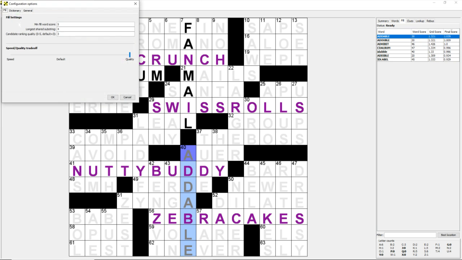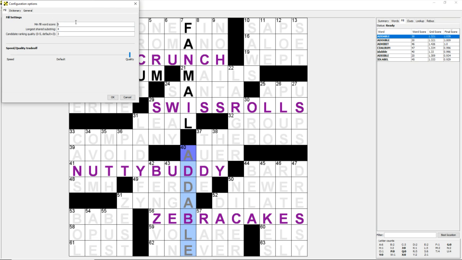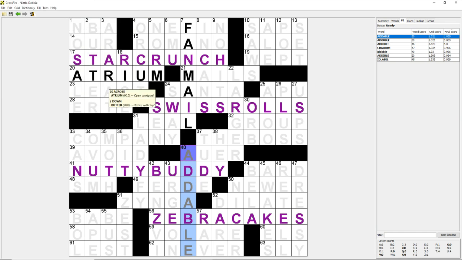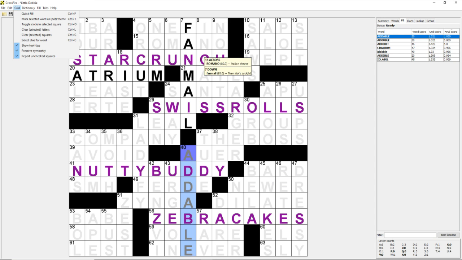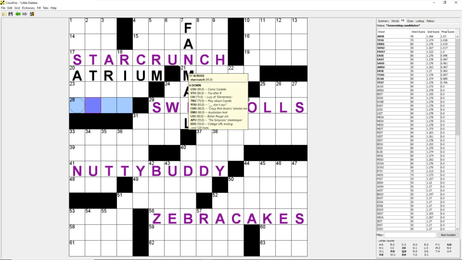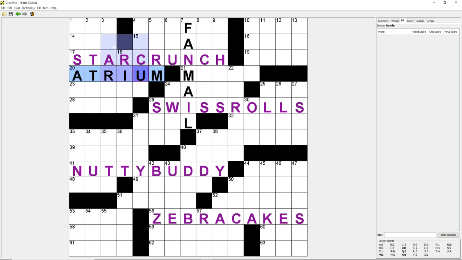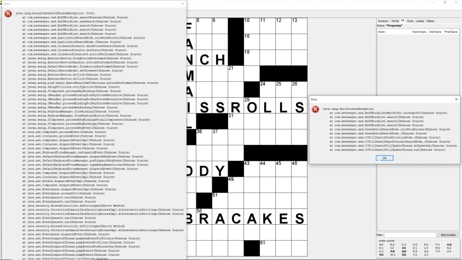Again, the config tab here is where you mess with your dictionary settings, your fill settings, and your minimum word score. You might want to set that higher depending on what you're doing, depending on what lists you're using. Then we talked about setting up Matt Ginsberg's clue database. That's pretty helpful, so I recommend doing that. The grid tab is mostly things that you can do with shortcuts. For example, if you want to add a circle, Control O is going to do that. If you want to delete everything, Control G is, and there's one of these crashes that are going to happen